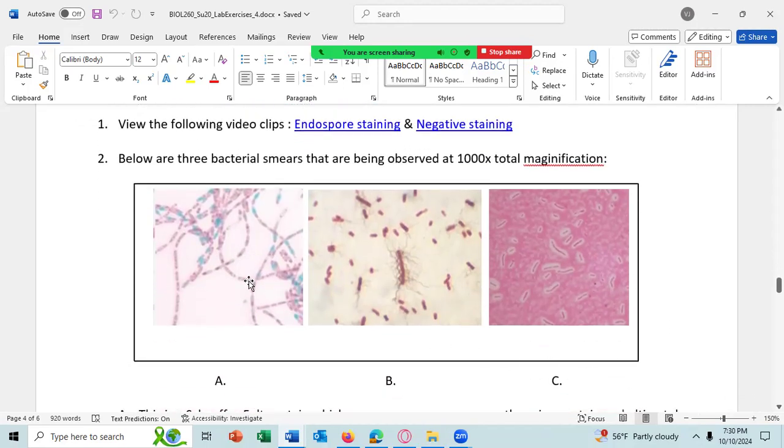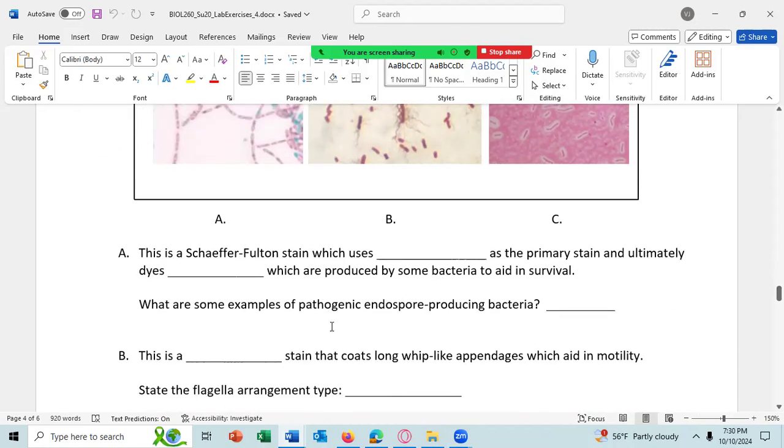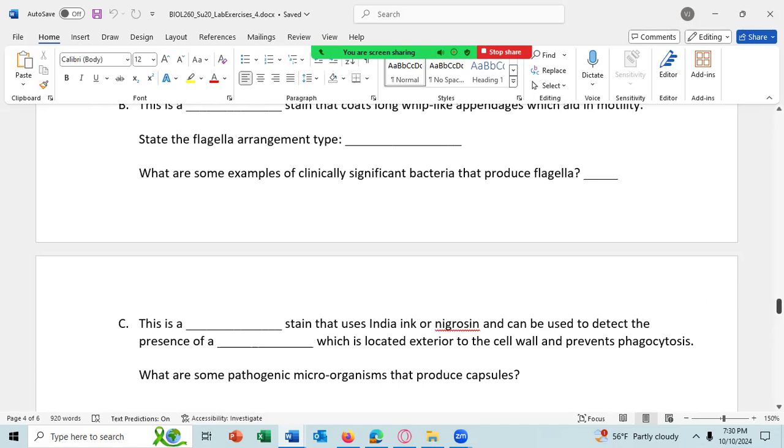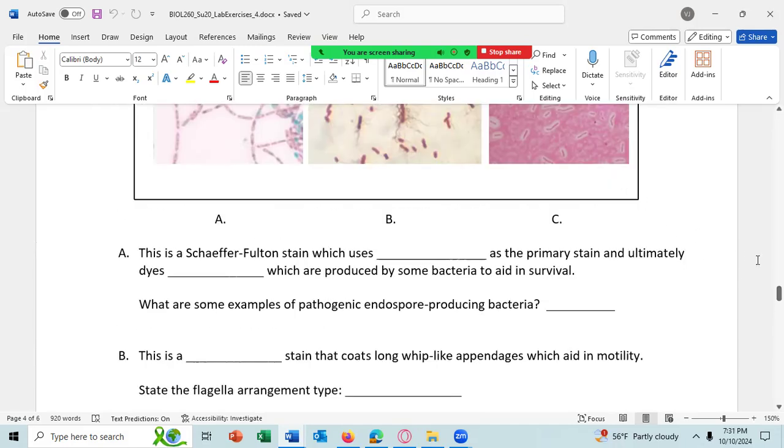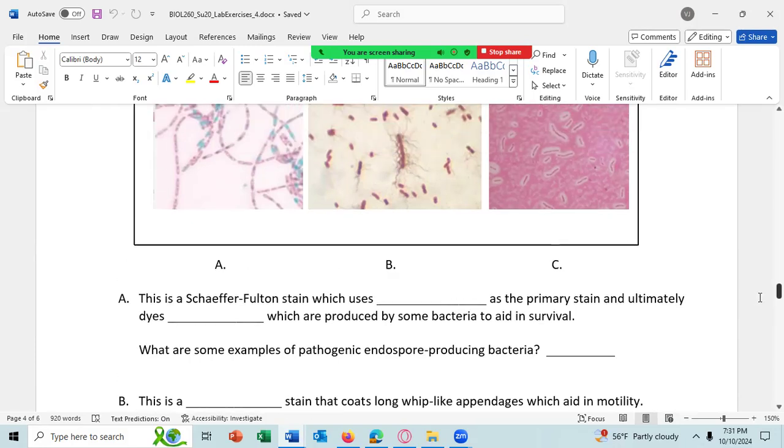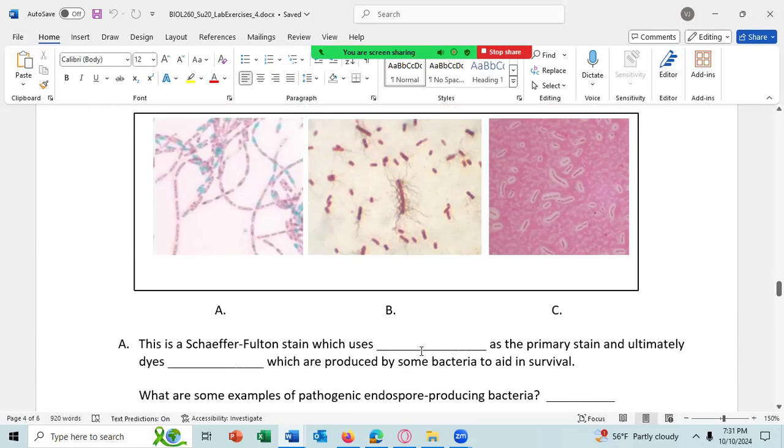Below are 3 bacterial smears that have been observed with the 1000x objective lens. No, excuse me, 1000x total magnification. And that will be figure A, figure B, figure C. A goes to figure A, B to figure B, C, shown here, goes to figure C. Any question about that? So A is telling you this is the Schaefer-Fulton stain, which uses which dye as the